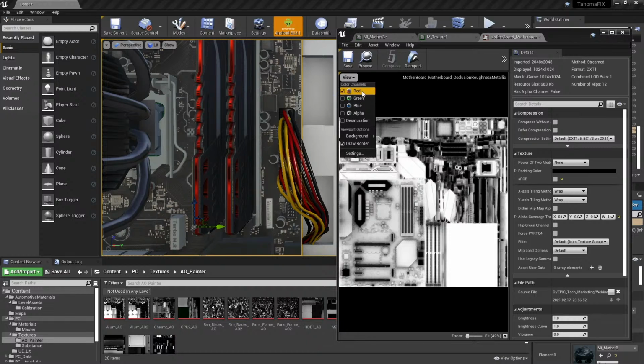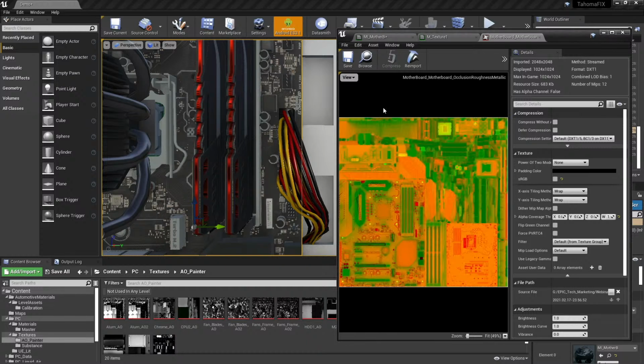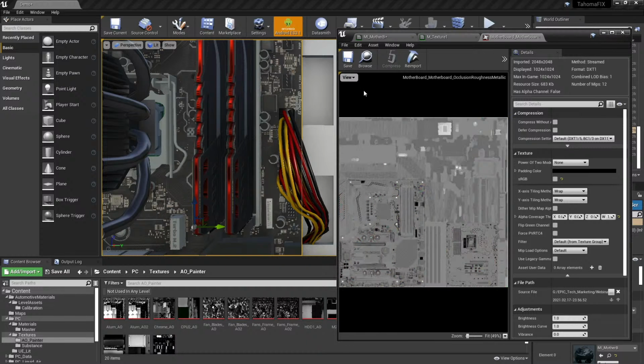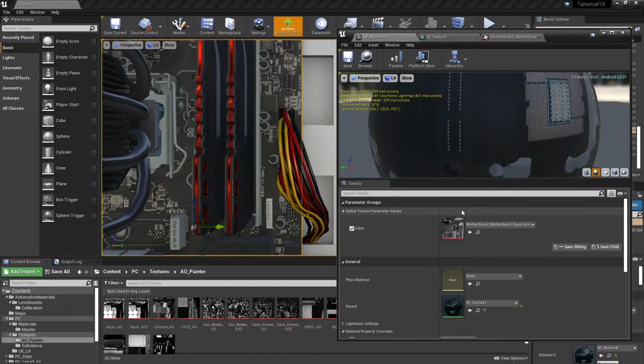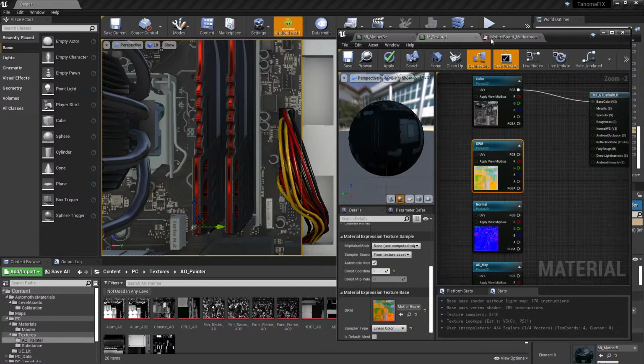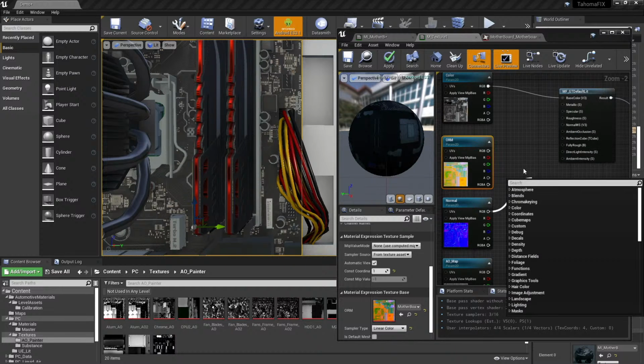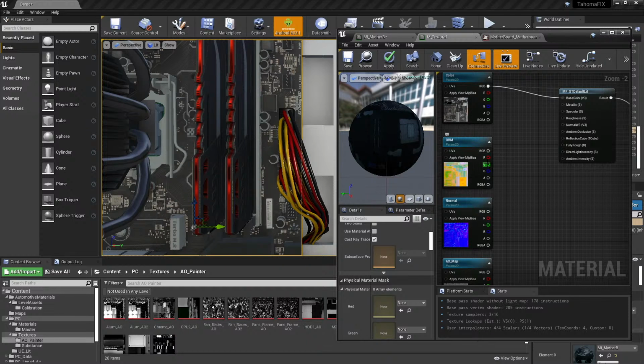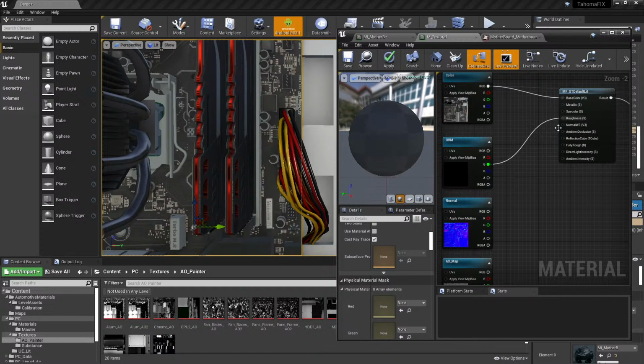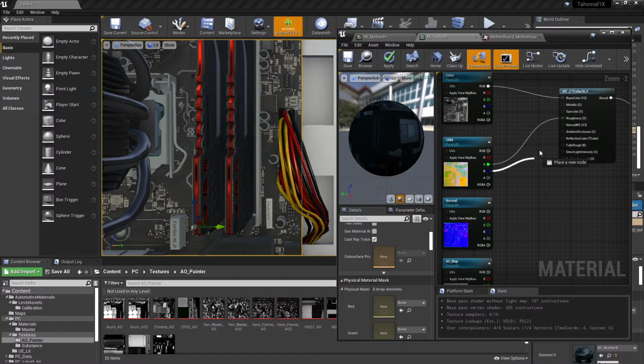So on my red channel, I've got my detailed AO. On the green channel, I've got the roughness. And then on the blue channel, it's going to be the metallic. So by combining all of those together, it saves a little bit of information, which is going to make things run a bit more performant on the device. So let's go ahead and add in the roughness for this, as well as the metallic for it,